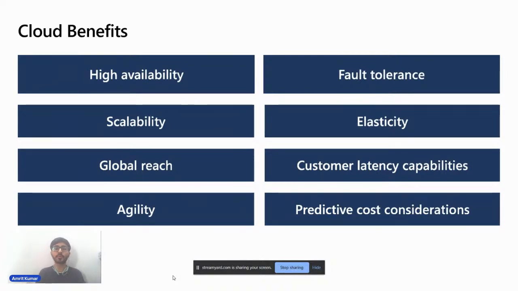And cloud providers make sure there's fault tolerance, and your data must not be lost if any one computing resource or a VM gets ruptured or broken. So cloud providers do this task for you.